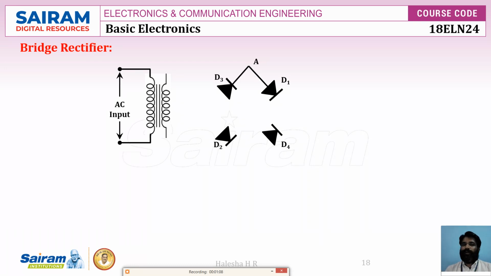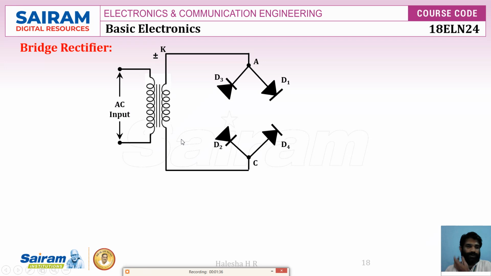That means the cathode of D3 is connected to the anode of D1. Let's say that is the terminal A, connected to one end of the secondary of the transformer. Similarly, another dissimilar polarity, let's say this is the terminal K. Again, it is either positive or negative. And the anode of D2 is connected here to one node, let's say C, and that is connected to the other end of the secondary transformer. And similar polarities, so this is the terminal L, it can be negative or positive.